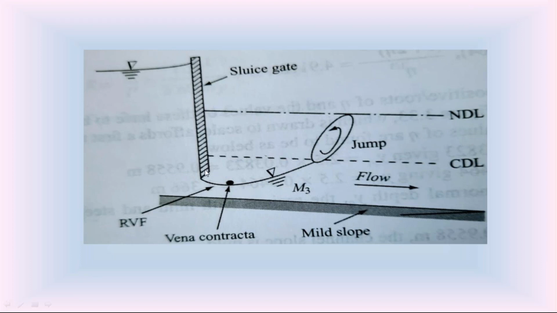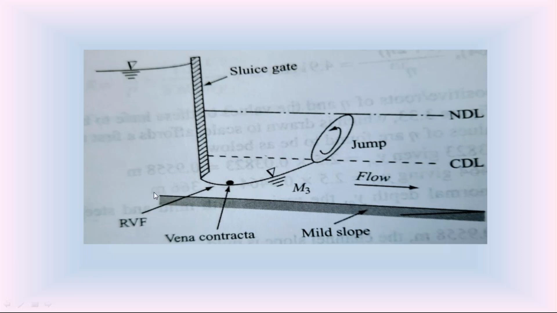I hope you might have seen in the canals this provision of gates. When the water demand on the downstream side is less, we close this gate in the canal. If the water demand is there on the downstream side, we slowly raise the gate. This is called sluice gate. To regulate the water in the canal, we provide these gates in the canal. Most of the major canals are having these sluice gates to regulate the water in the canal.